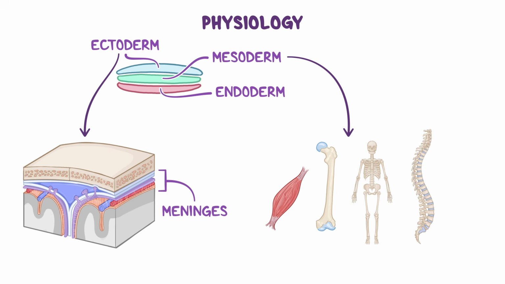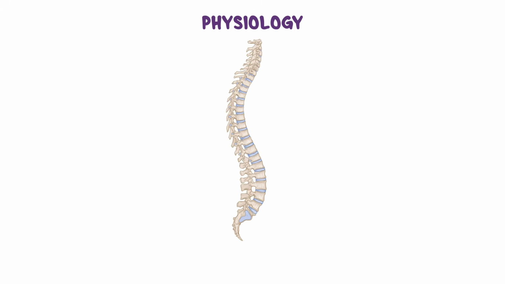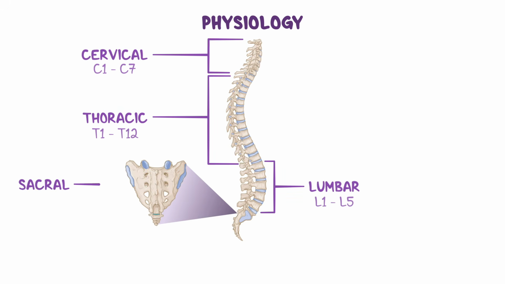spinal cord. The vertebral column is divided into 5 regions, each with its own set of vertebrae. The cervical region has 7 vertebrae, labeled C1 to C7. The thoracic region has 12, named T1 to T12, and the lumbar region includes 5, from L1 to L5. Below these, the sacral region consists of 5 fused vertebrae, S1 to S5, and the coccygeal region has 4 fused